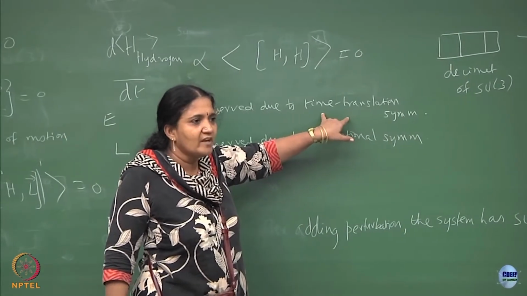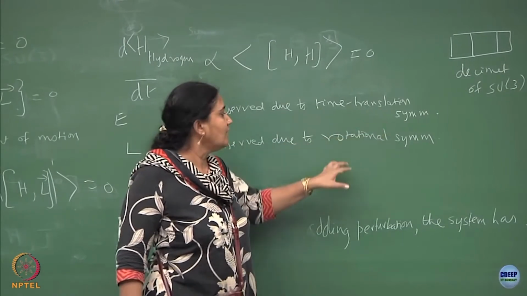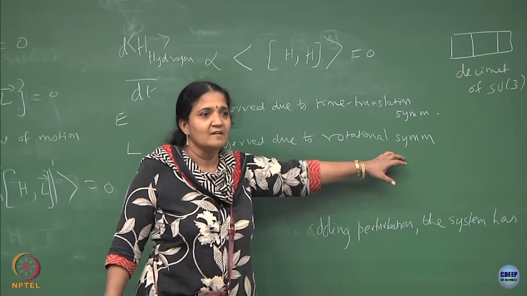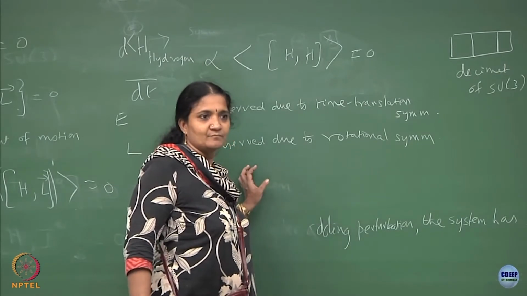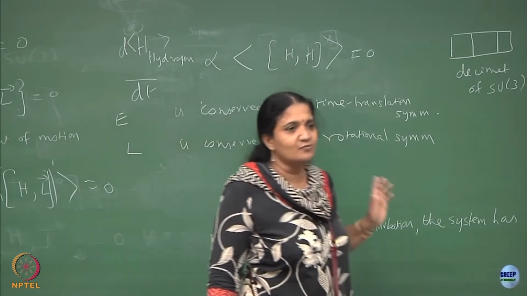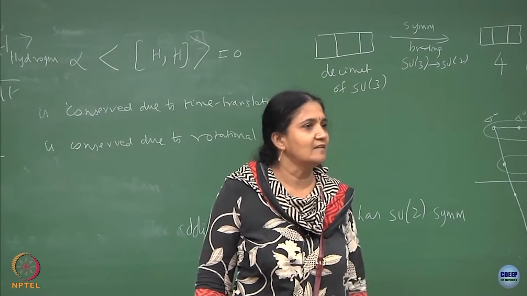In time coordinate there is a translation, some geometrical operation. Similarly, you have a rotation in your physical XYZ space which also has a meaning. So, this is why the hydrogen atom has these two symmetries, time translation symmetry as well as the rotational